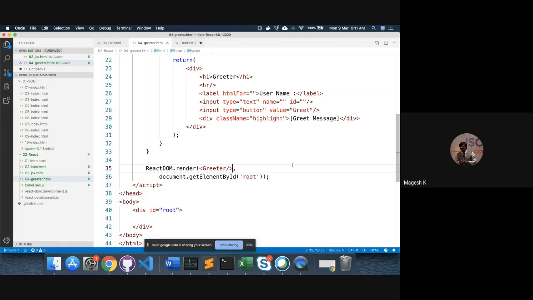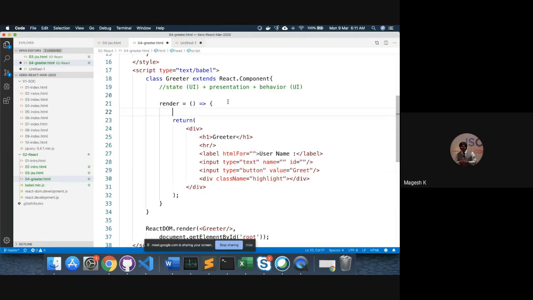Now, I want this to change dynamically, right? I want this to change dynamically. So let us define this as a variable. So Control X and paste it here. We'll say let or const. Okay, guys,